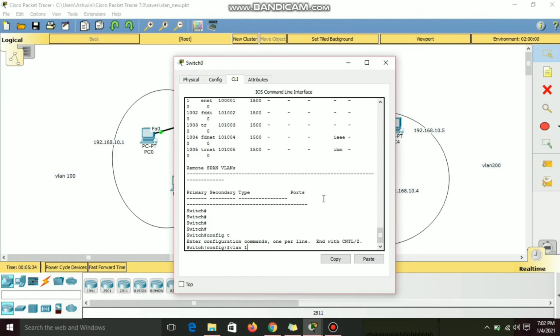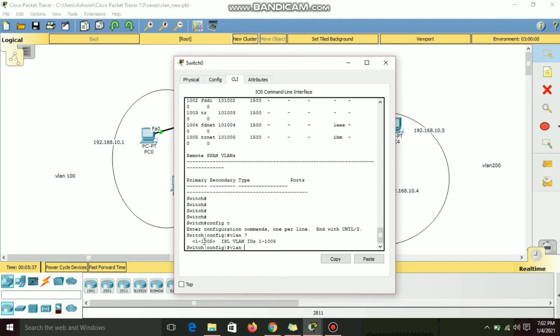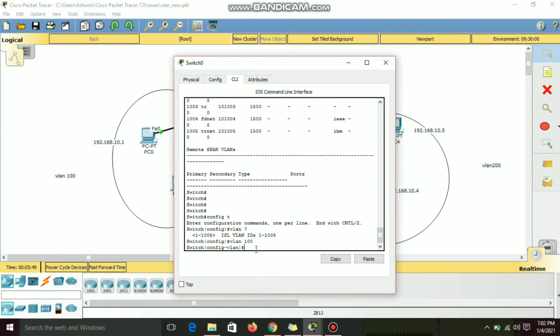Once you enter the configuration mode, you have to create the VLAN with the help of the command vlan, space, and you have to give the VLAN number. If you see over here, 1 to 1005 will be allowed. The normal range is 1 to 1005. So I'm giving the number as VLAN 100. So that's it. We have created the VLAN. You can give a name to the VLAN for ease of administration or accessibility.